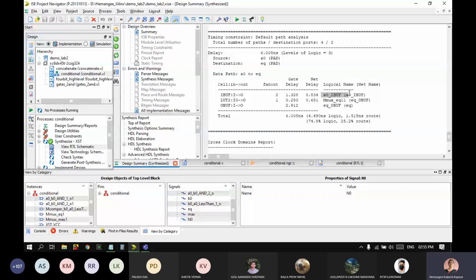So this is the breakup of each component, how much time it is taking. And here it is saying that the logic, which is the computation, the gate delays, the mux and everything, is taking 4.49 nanoseconds, and the wires, which is the routing, the time to take the signal from one gate to the other, is taking 1.5 nanoseconds. So 75% of the time is taken by the logic and 25% by the routing, that is the wires.